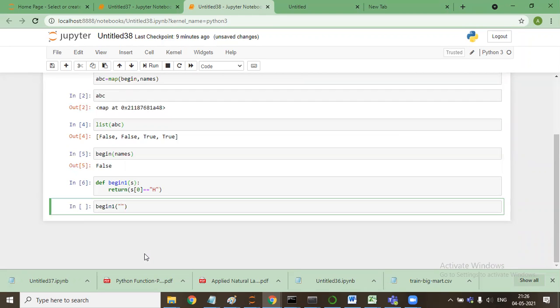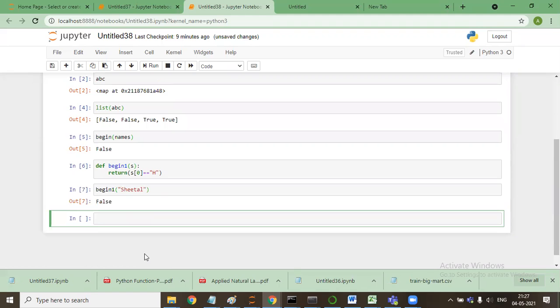Sheetal. Okay, if I say Sheetal, it will say false, it does not start with H. But in case I pass Sheetal, comma, Priya, do I have the capability to pass this entire list to this begin function? No, sir.